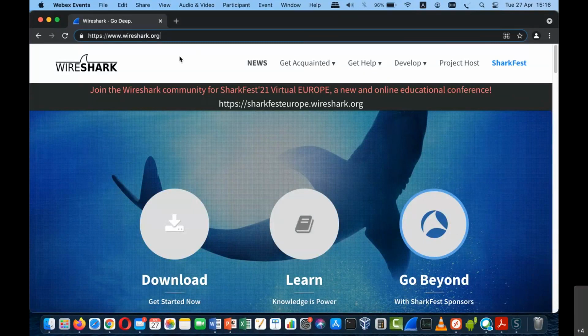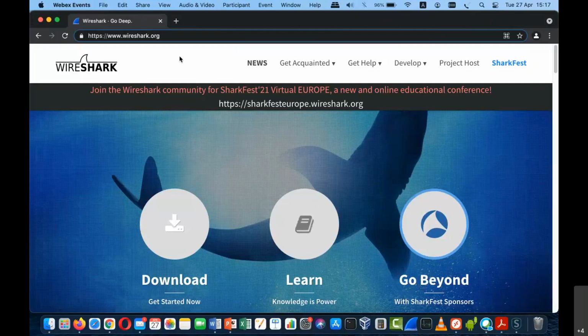It's called wireshark.org. Wireshark is one of the world's most widely used packet capturing and packet analysis tools. Using this tool, we can monitor our network communication, and along with knowledge of the TCP/IP protocol suite, we can see the communication that is happening in the background. We may be talking about theoretical things regarding that communication, but using this tool, we can easily visualize the communication that is already happening in the background.